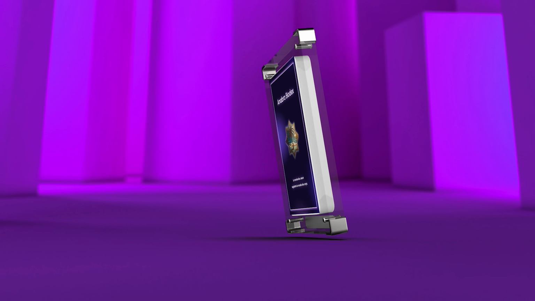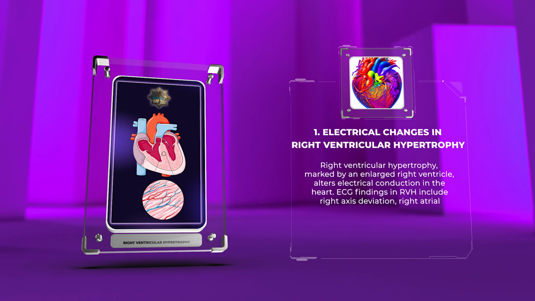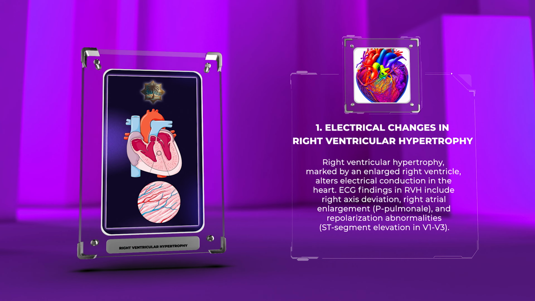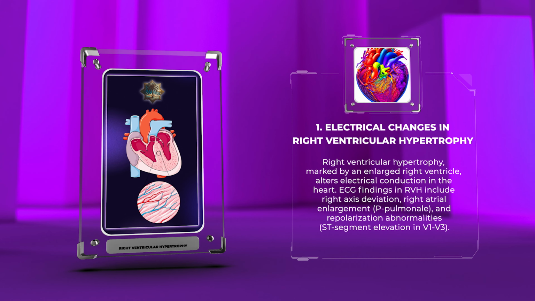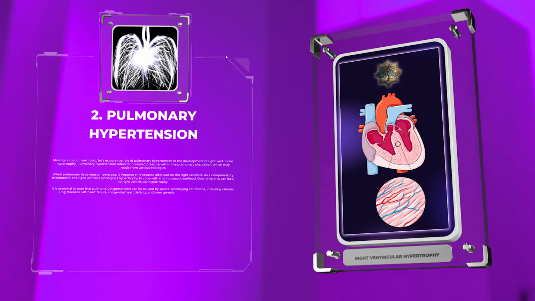Right ventricular hypertrophy, marked by an enlarged right ventricle, alters electrical conduction in the heart. ECG findings in RVH include right axis deviation, right atrial enlargement, P pulmonale, and repolarization abnormalities, ST segment elevation in V1-V3. Moving on to our next topic, let's explore the role of pulmonary hypertension in the development of right